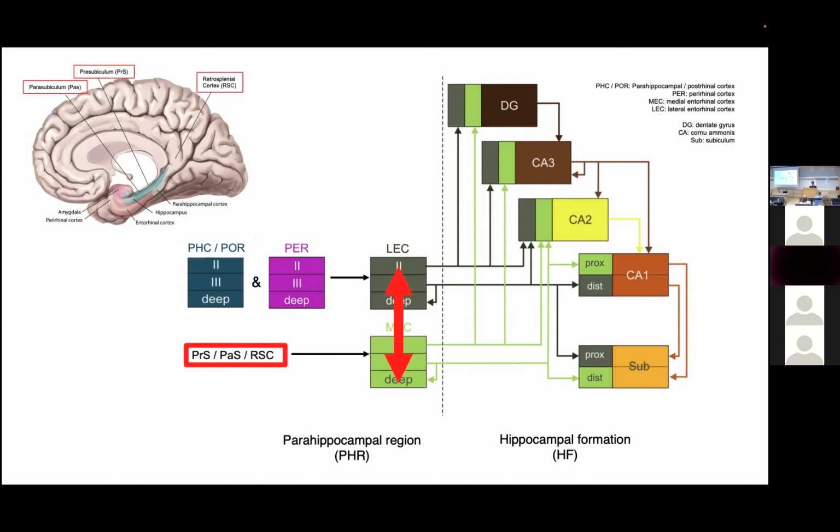Well, it remains a couple of structures called the pre- and parasubiculum, and the retrosplenial cortex. And what is interesting is that they receive massive inputs from the anterior dorsal thalamus, which conveys the head directional signal, which is critical for formation of grid cells. And also they seem possibly to provide some speed signal. So these two inputs, the head direction and the speed signal, are very important for path integration and arise in the brainstem, a very primitive structure. I think it goes in line with the fact that MEC might be more primitive. So that's my last slide. And then I'm happy to take questions.